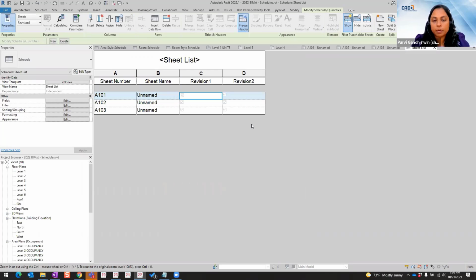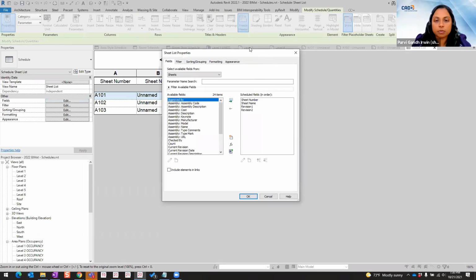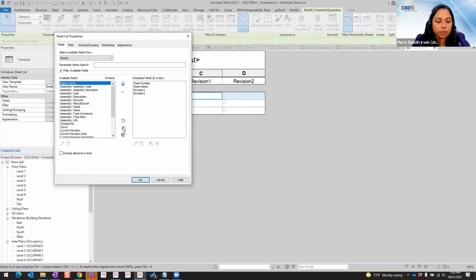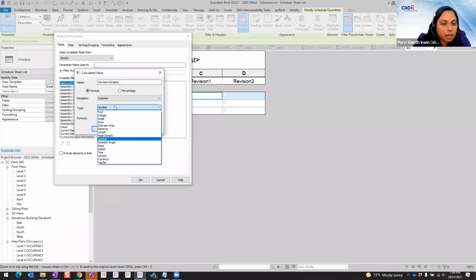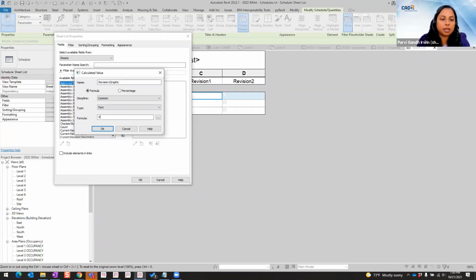All right, so we have these checkboxes, right? But when you put these checkboxes on your page, it says yes and no, which is the silliest thing. And so what we're going to do instead is a calculated value. We call it Revision 1 Graphic. And then we're going to make it text and say if